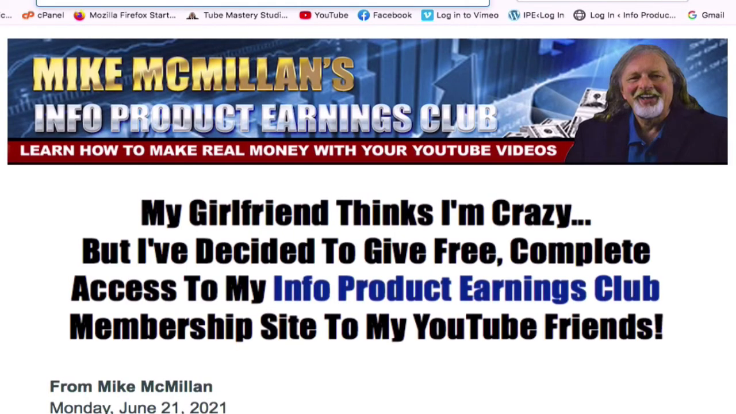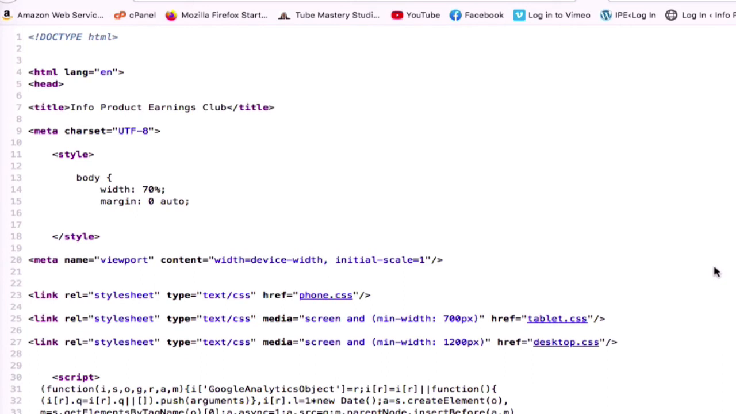This is fairly simple. It's a one-page web page, and I've got a header graphic at the top where it says my girlfriend thinks I'm crazy, which she probably does. That's actually a graphic that I made. It's not text that I put in there. And let me just show you something. On my Mac, if I hit Command U, it brings up the source code for that web page, and you can see in here there's some header info, there's some CSS files I've got in there, there's some JavaScript or something down there,